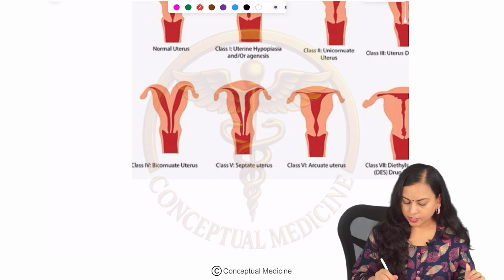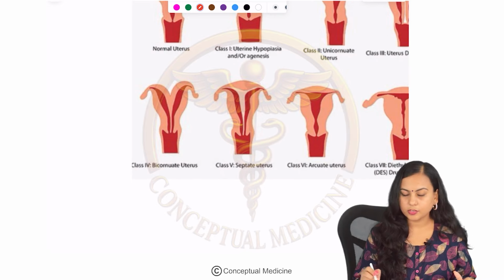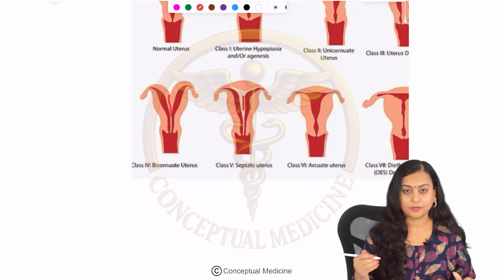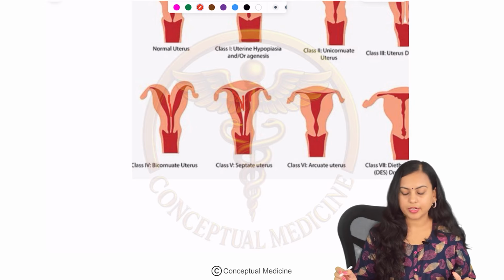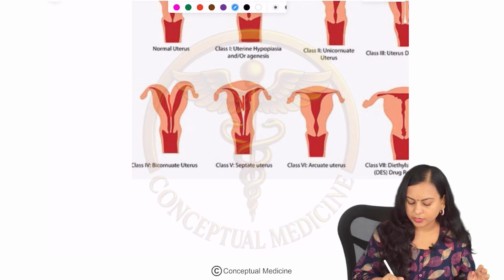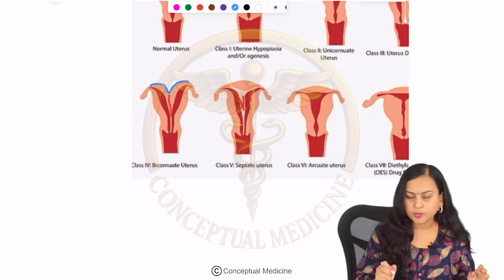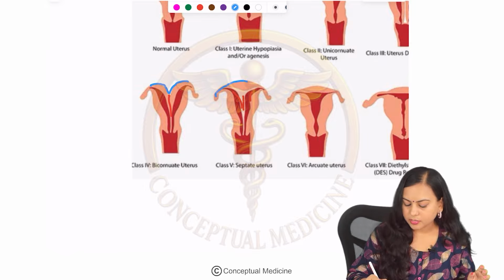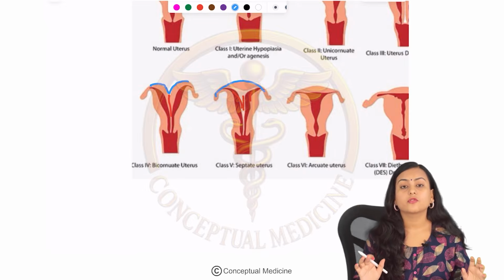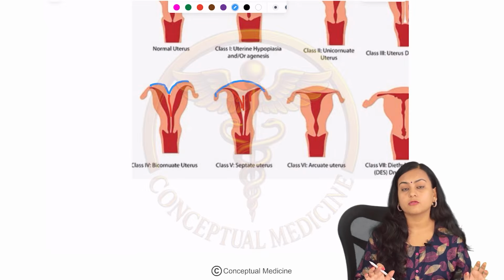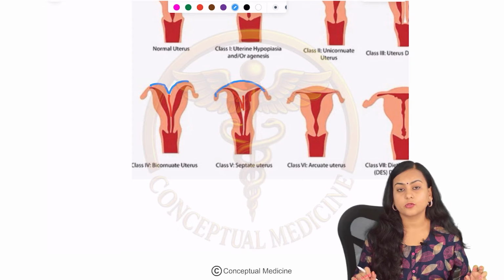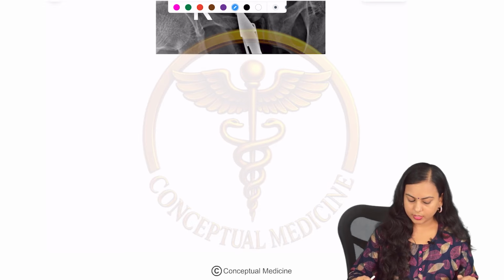See, in a bicornuate uterus, you have two cornua, two endometrial cavities here, right? You have something in the center. In a septate uterus also you have something in the center, and you have two endometrial cavities as well, right? The only thing that differentiates a bicornuate uterus from a septate uterus is the uterine fundus, where in the bicornuate uterus there is going to be dimpling like this, whereas in the septate uterus it looks like a normal uterine fundus, right? So that's why an HSG is of no use in differentiating between a bicornuate uterus and a septate uterus, and whenever you want to differentiate between these two, you have to offer them an ultrasonogram or an MRI. Clear? Yes.